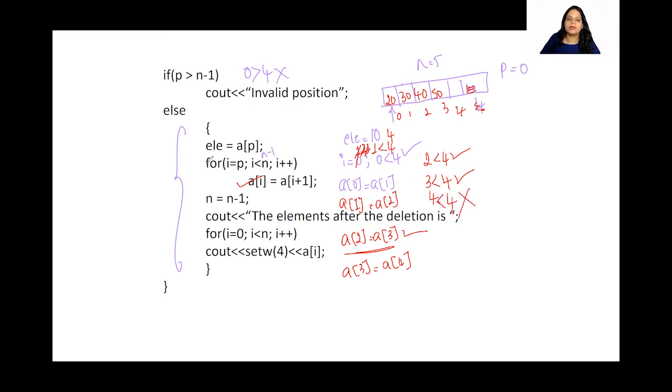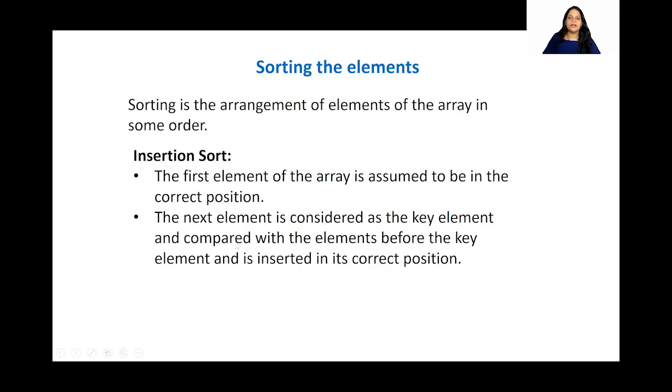This is false. Hence, we are going to end this for loop and we are directly coming over here because we have come to the end, isn't it? So now n value is going to be n minus 1, which in this case is 4. Okay, so initially our number of elements were 5 and now it is 4. Okay, I hope this is clear. In this case it was 5, now it is 1, 2, 3, 4. This is right. Okay, so I've explained this particular code with 2 examples. I hope this is clear. This is all about deleting an element from the array.